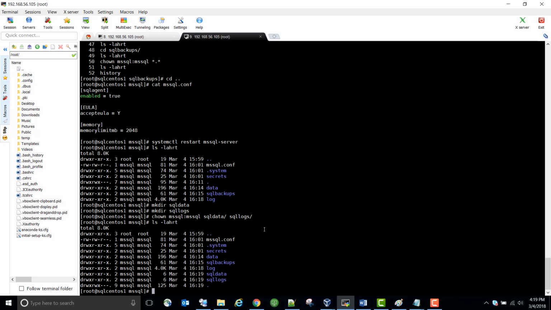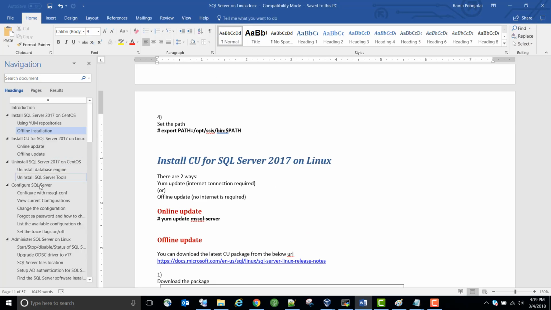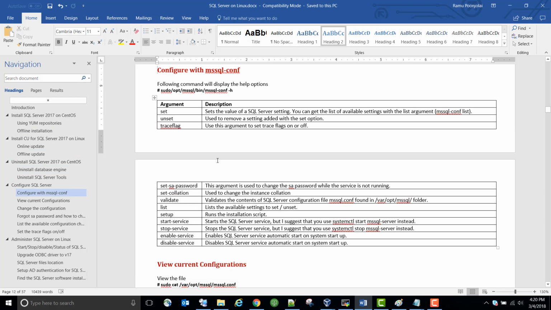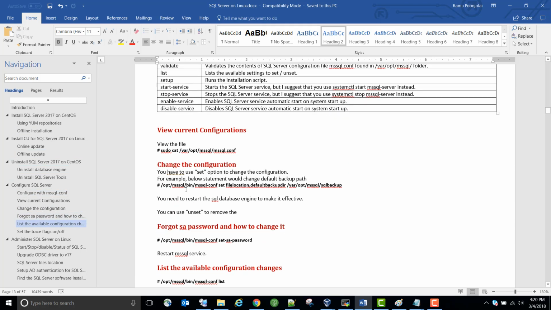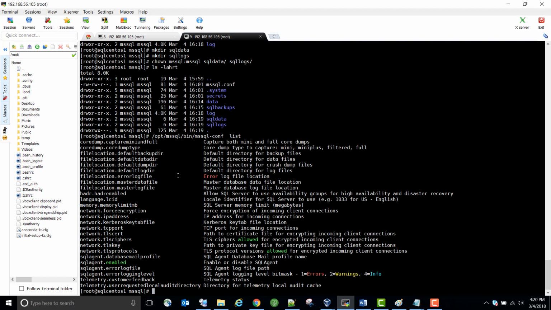So you have to run the configuration utility. Let's run the configuration utility. This is the configuration utility. So file location, default data directory. Instead of list, you say set